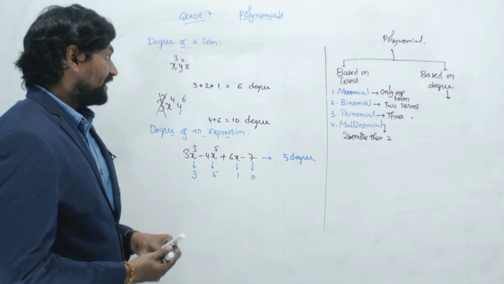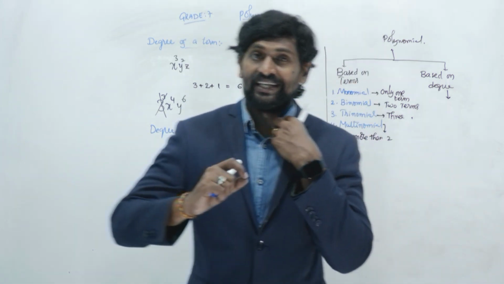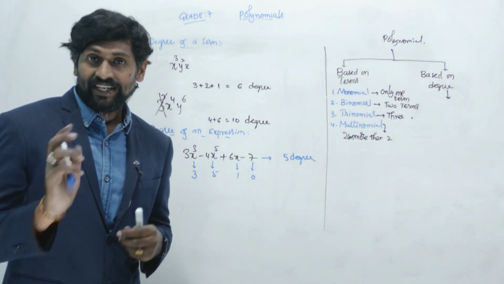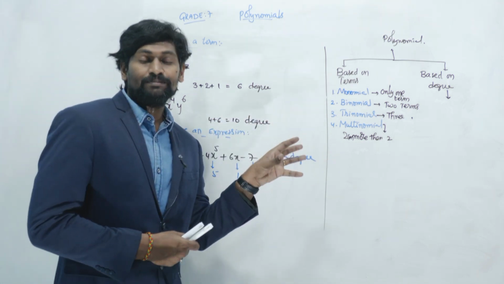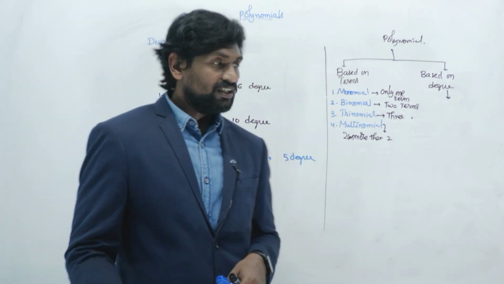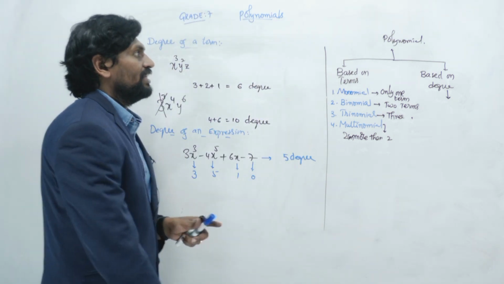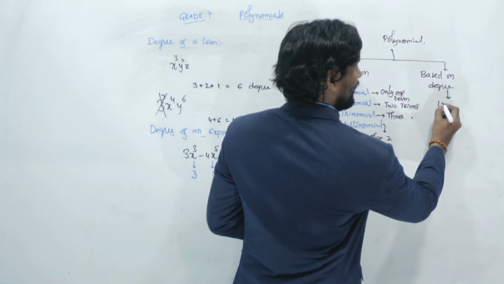Okay? Degree of a term is nothing but the sum of all exponents of the variables. But the degree of the expression is taken as the highest power term. The highest power of the term in the expression is called its degree. Okay? Right. Now, based on degree, we have some different types of polynomials like linear polynomial,